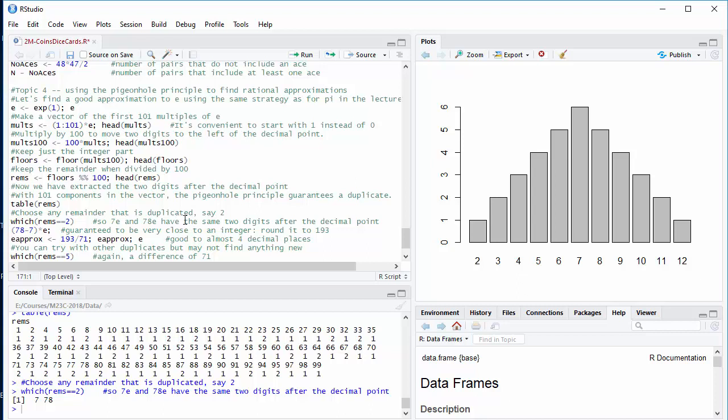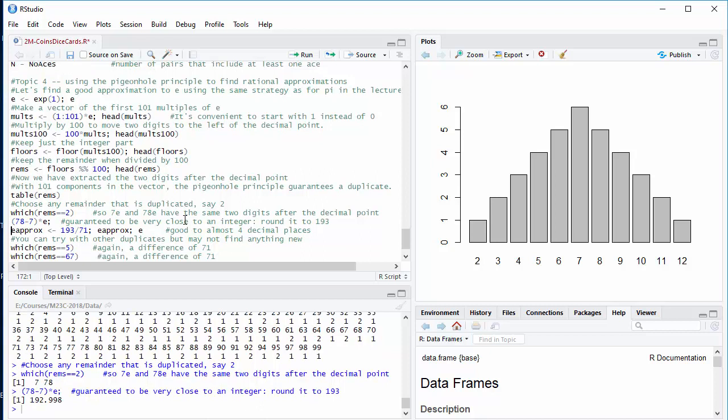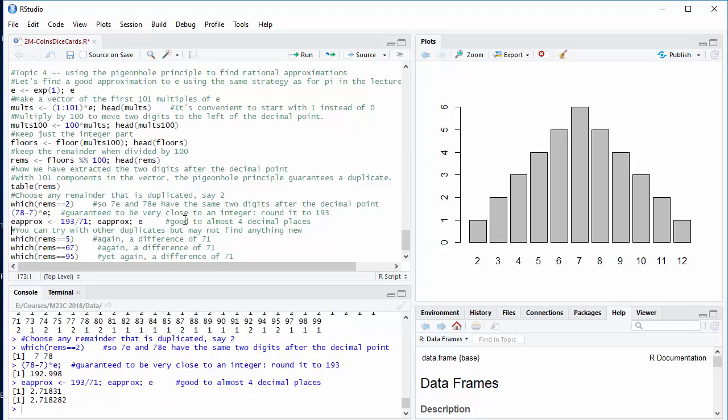When I subtract them, I'm going to get something that's very close to an integer. It's a little bit less than 193. I will round it up to 193. I know it's close to an integer because the 2 digits after the decimal place were identical. So I've got a good approximation to e. It's 193 divided by 71. That has the value 2.71831, which is remarkably close to